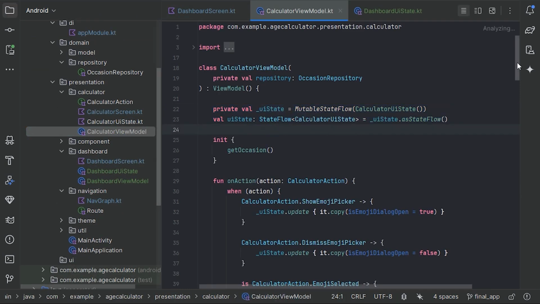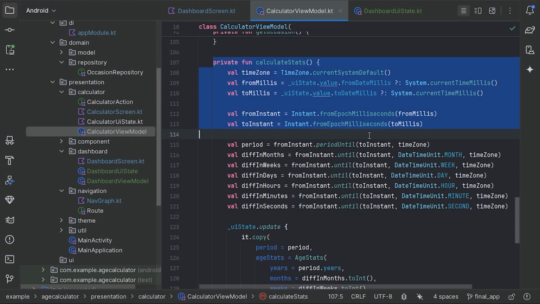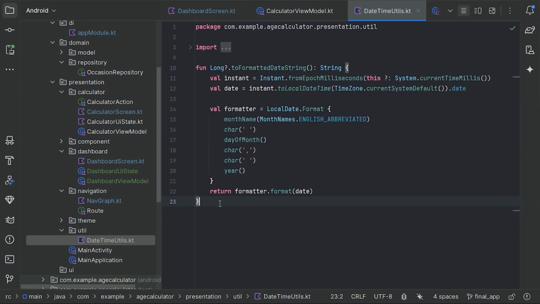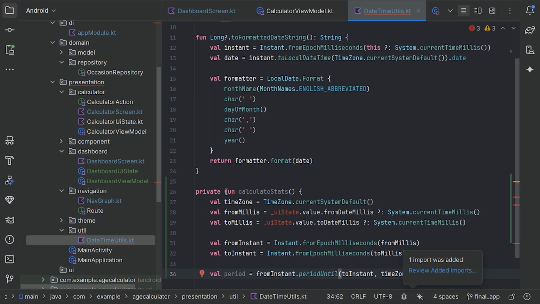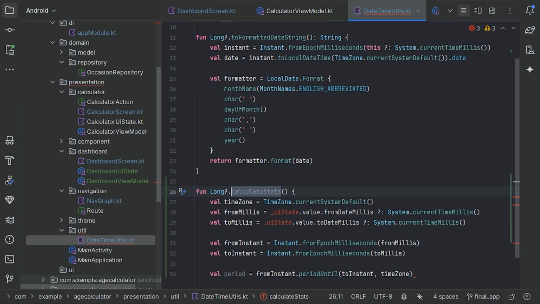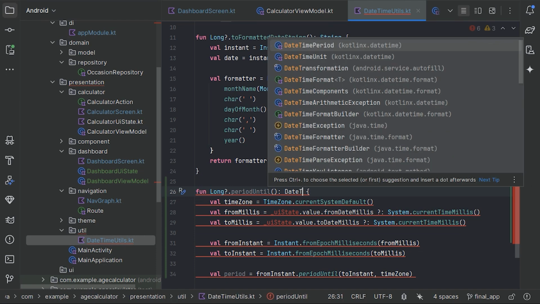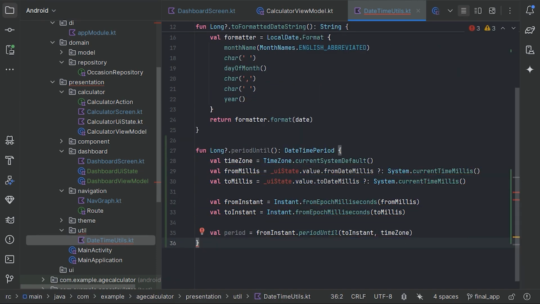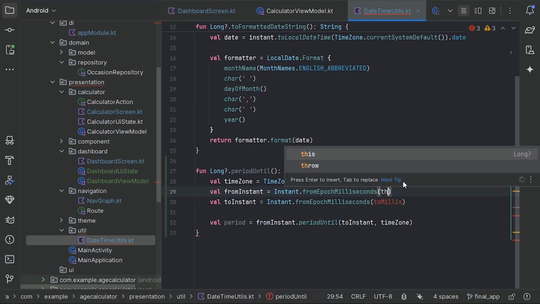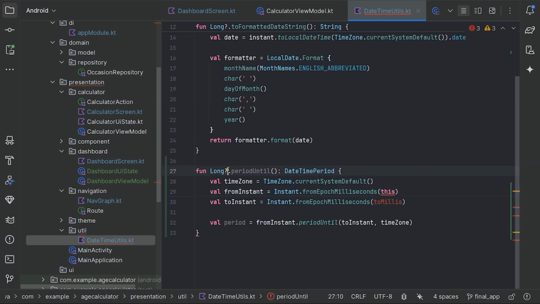So here let's copy this part and go to our util package and DateTimeUtils and paste it here, and this will be a function on the nullable Long type, and let's name it periodUntil, and this function will return us the DateTimePeriod, and delete these two, and we are only concerned with this. And here, from instant we will get from this keyword wherever we will use the function on, and this can be null, so let's use the